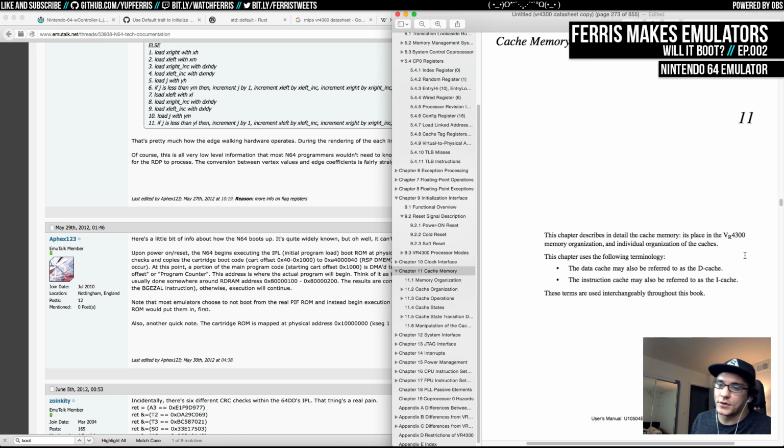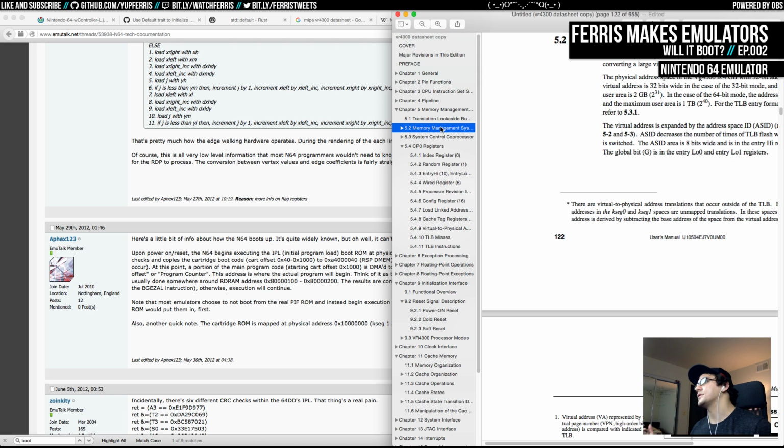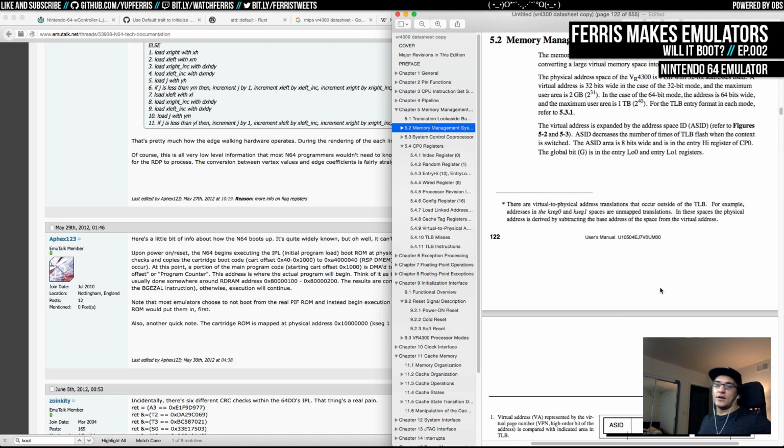For those of you guys who are unfamiliar with caches, oh, he says 5.2. Memory management system, of course. We'll actually go there. But I will still explain what cache is. For those of you that are unfamiliar with cache,